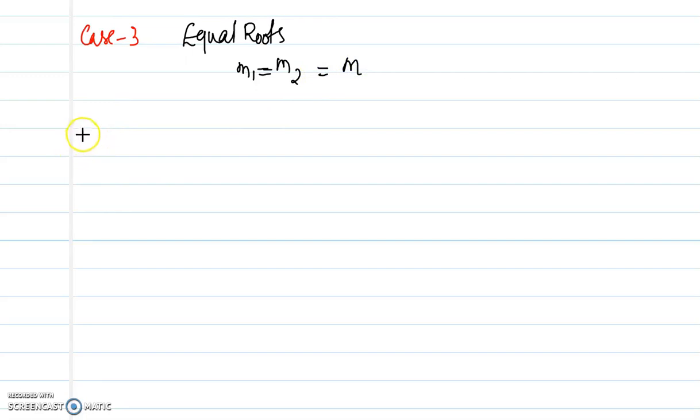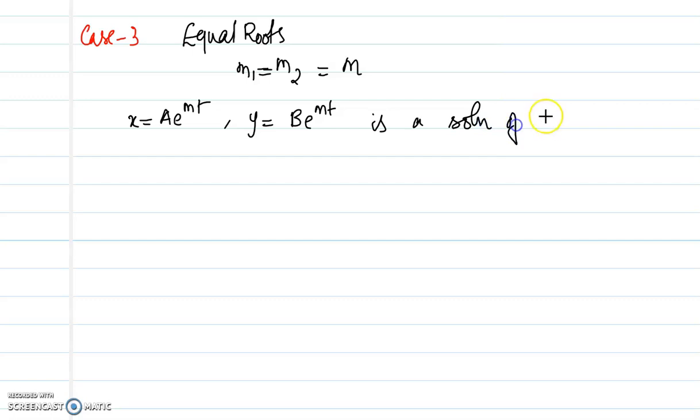Then in that case we have only one solution, which is of the form x equal to a e raised to mt and y equal to b e raised to mt, is a solution of the linear system. Now we need to look at what is the second solution. Now when you have two equal roots, the second linearly independent solution will be of the form